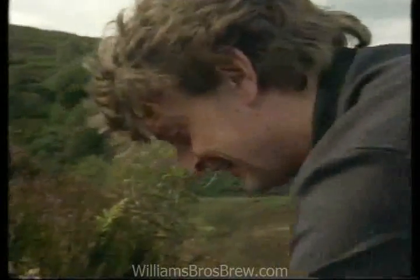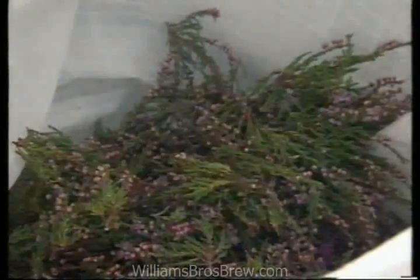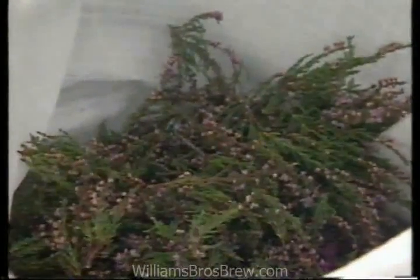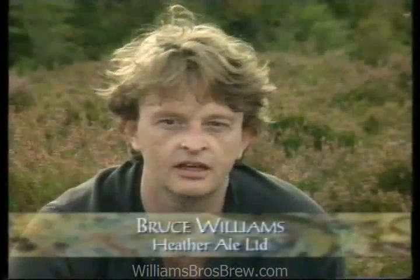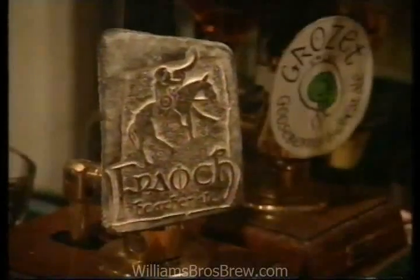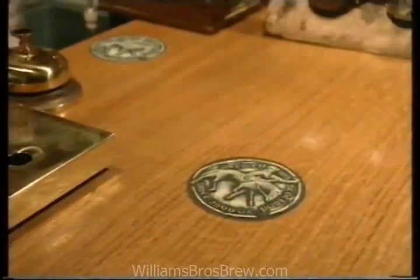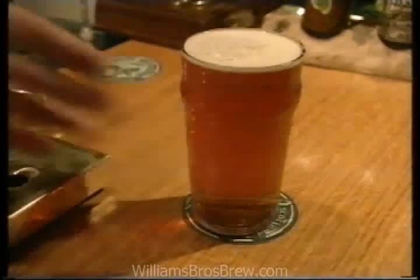Bruce and Scott Williams thought they could make themselves a nice wee brew from all this heather. But there was no preconception of it turning into a big business. It was a homebrew recipe that had come from the homebrew shop, and we tried to make it in the West Highlands and sell it to pubs. And it took on a life of its own, so there was no plan to make it a business. It just became one. We sold it only on cask, which is like the real ale you'll see on handpump